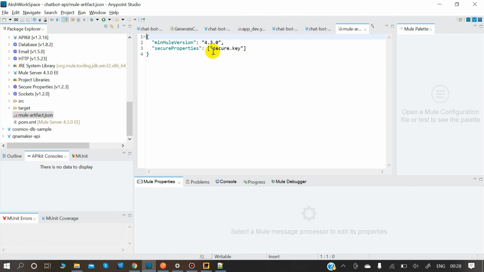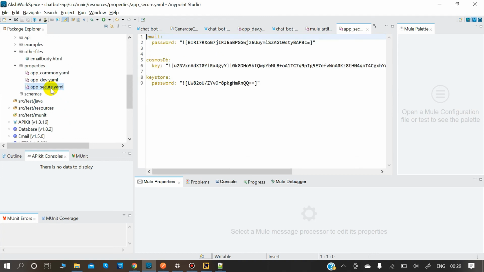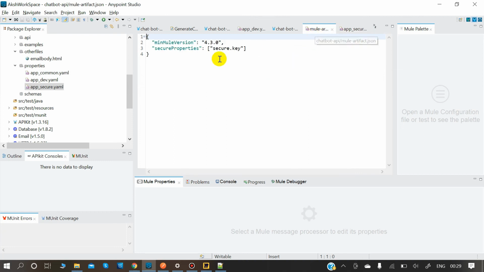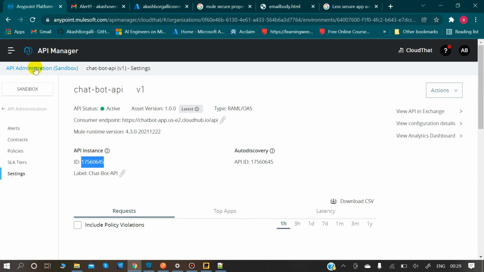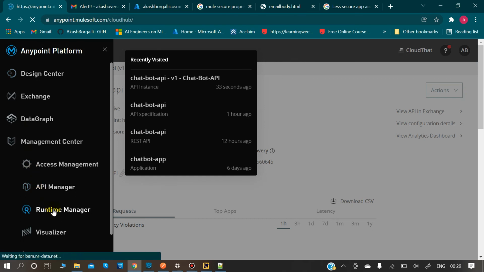In this case, whichever key you used to encrypt those particular strings, as you all can see here in this app.secure, I've encrypted this string so that when it's running, at that time it needs to decrypt it and give those values there, and then the entire flow goes. For that, this secure key we need to give here, which is masked there, meaning no one will come to know, apart from you, what key you have given so that your application is running. So let me show you here. We need to go to runtime manager here.